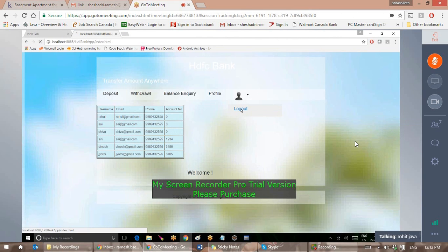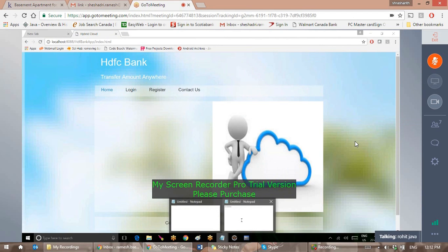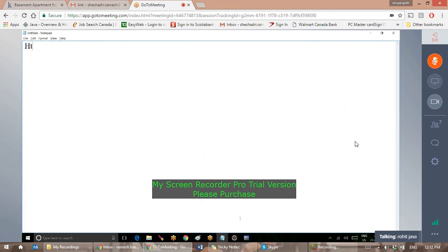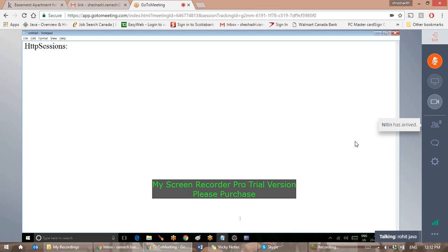I'm using a concept known as HTTP sessions, the most important concept you can say. Okay, so where do we apply sessions, like if you want the login details to be stored, if you